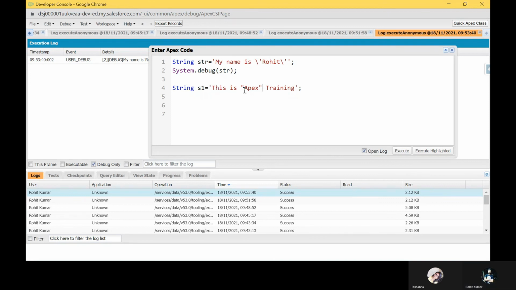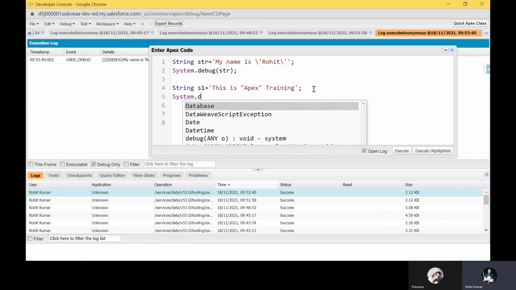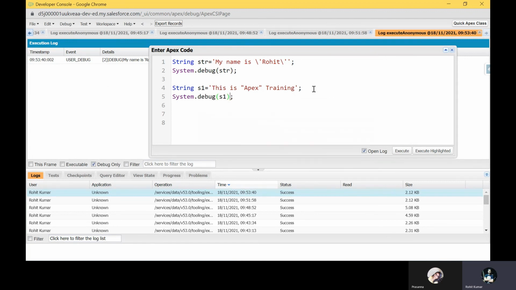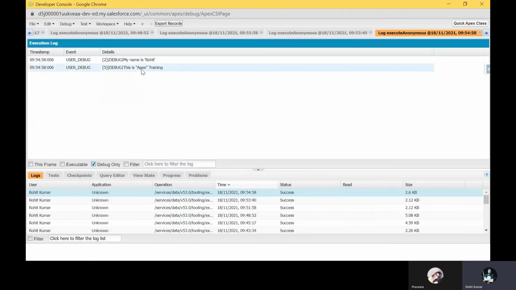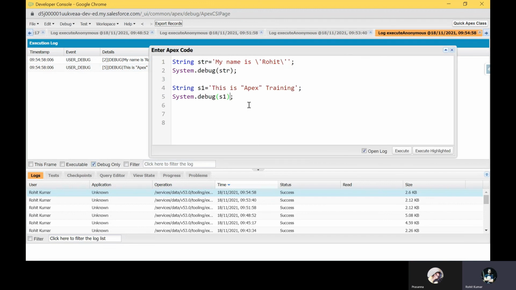If you use the double quote directly, the Apex compiler doesn't know it because it's wrong syntax. If you execute, it throws some error. Let me check if it's working. So here you can see the double quote, and you can use double quote inside the single quote as well.